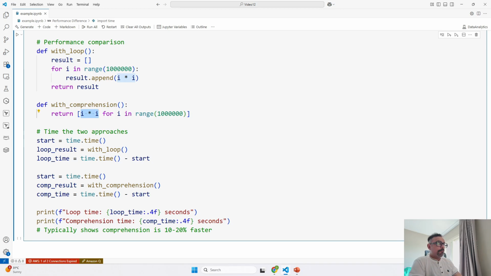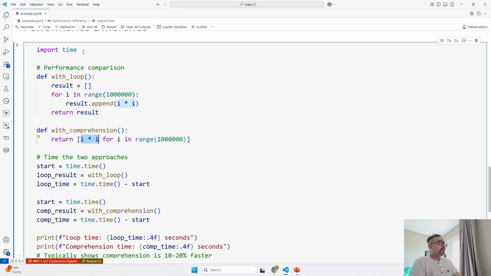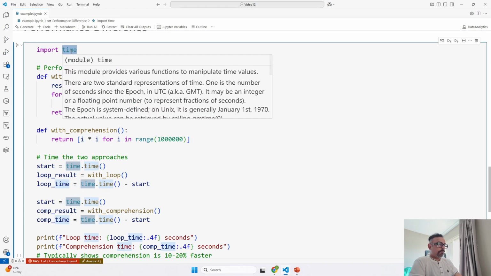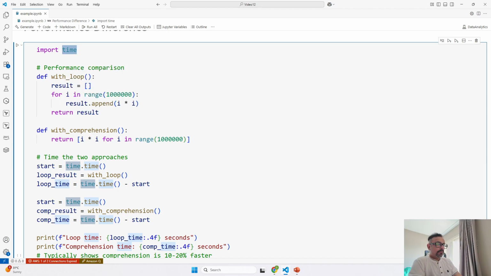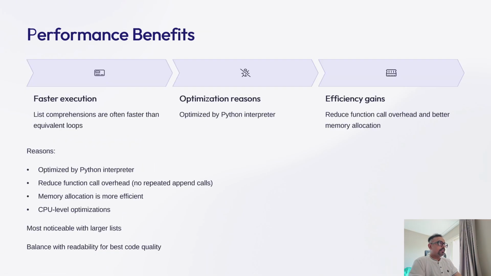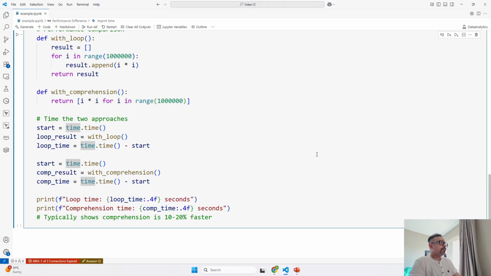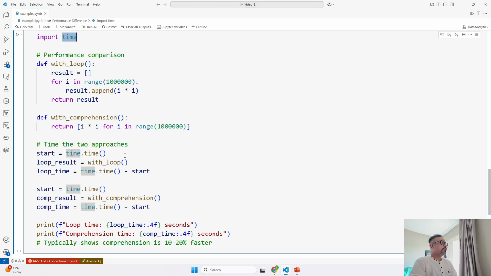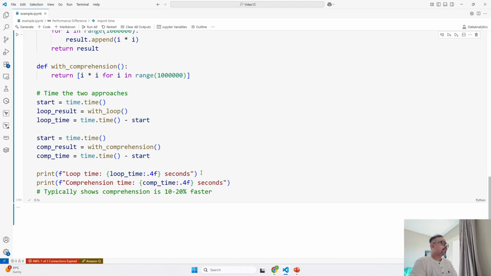So we use the time module over here. As you see, we are using the time module to measure how long each method that we have defined over here, that is each function, is going to take. So first we are going to time the loop version, that is with loop, and then we time the comprehension version over here, and then we are going to go ahead and print the output, that is the processing time, that is loop time that they used. So if I go ahead and run this,